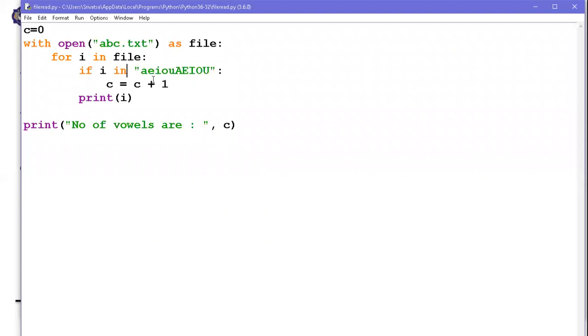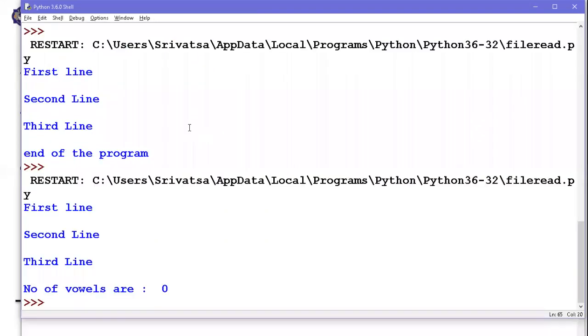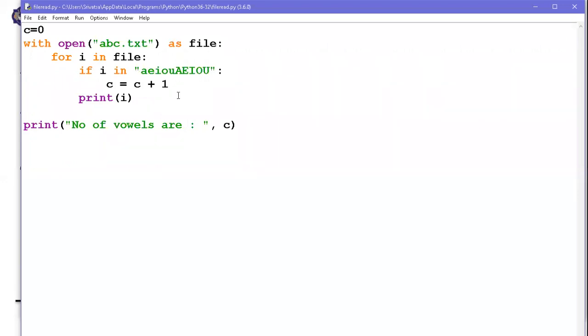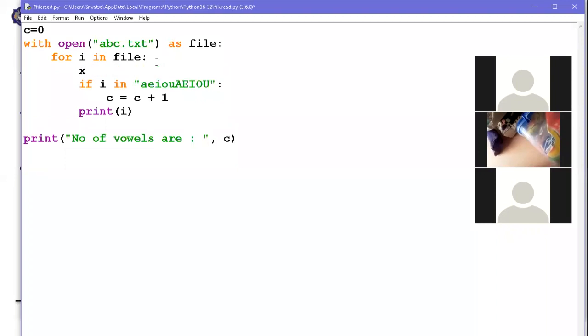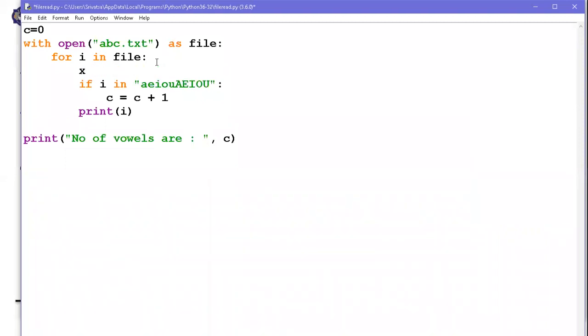If I in this one, it has to display. I'll check what the problem is. Or else I'll create a character X, X is equal to I. If X in, one second. Sometimes if we do multiple references,